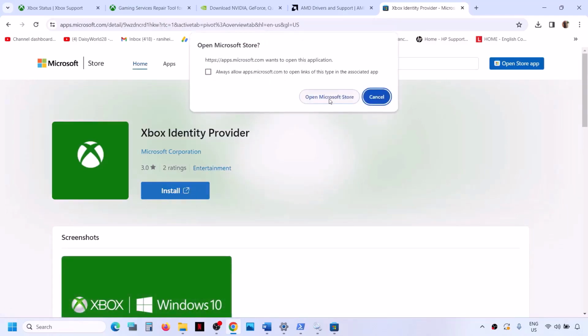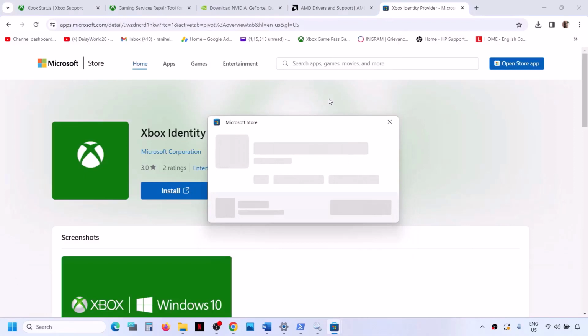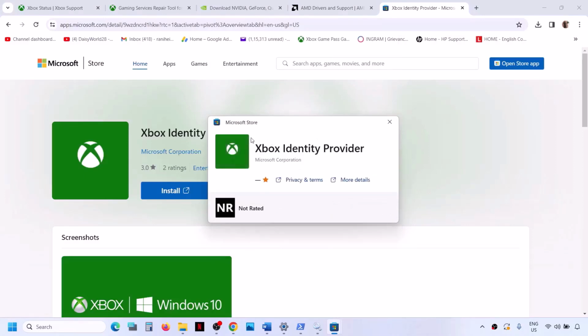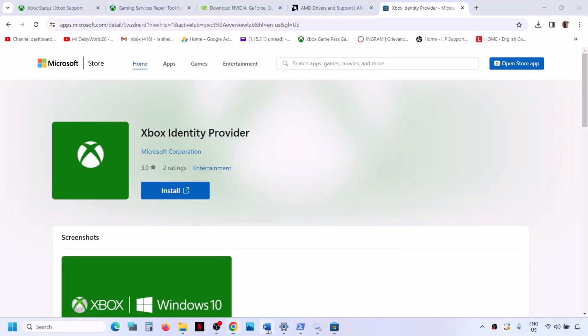It will prompt you to open Microsoft Store. So click on open Microsoft Store. Now if Xbox identity provider is not installed, you will see install button over here. In my case, this is already installed. That's why there is no install button. But if you see the install button, click on install, and then after the install, you can try to launch